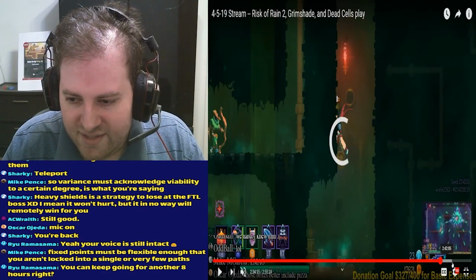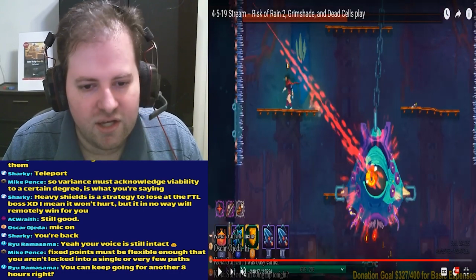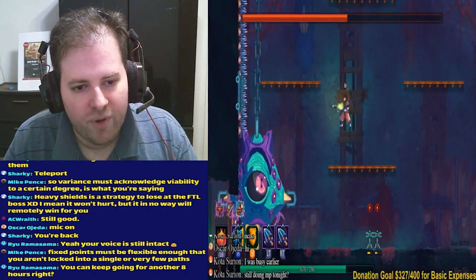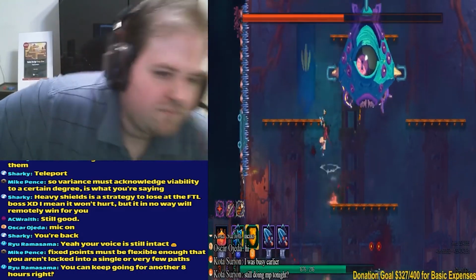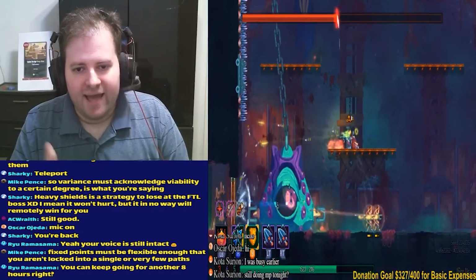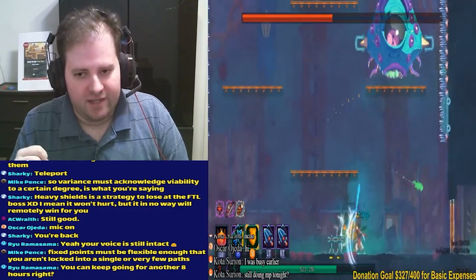One of the complaints that I had about Dead Cells, at least in this iteration of it, I don't know if they're planning on adding in more, is that every boss in Dead Cells is a fixed fight. It has a set strategy to it. They have a set way of fighting it.